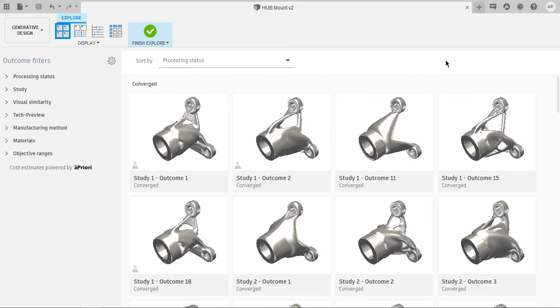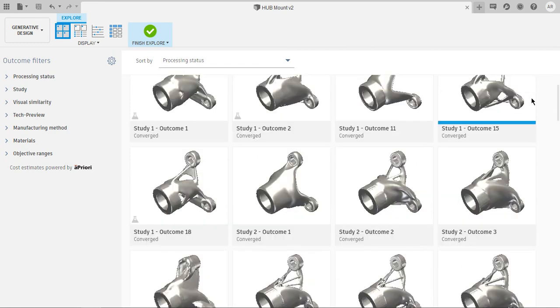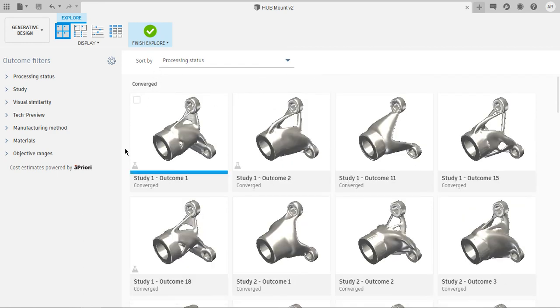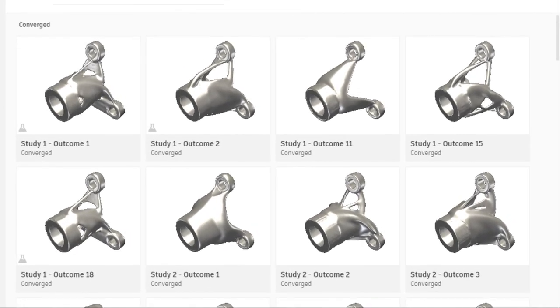This workspace looks quite different than the normal generative design workspace. If you observe here, we have all our outcomes that are generated. Among all these, we have to pick an outcome that can fit our job. Under outcomes, we have study 1, outcome 1 and converge. Study 1 is the study that was created using the starting shape, and this is outcome 1. Similarly outcome 2, 3 and so on. And then we have converge in here, which means that the outcome met the design criteria that we have set.